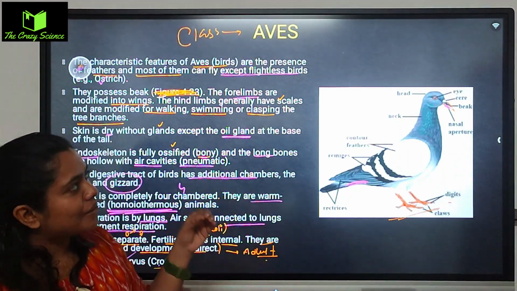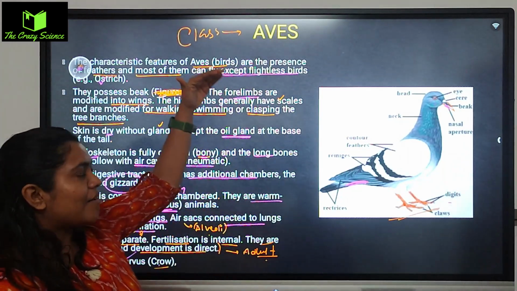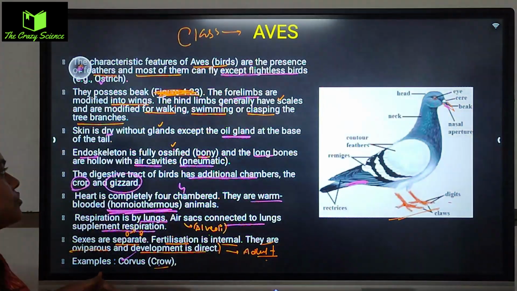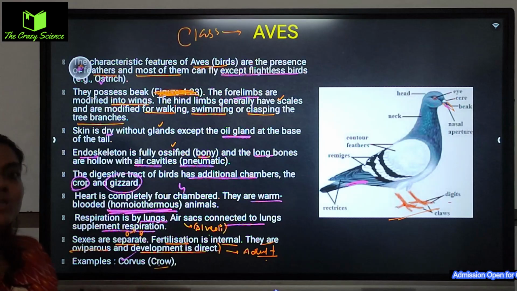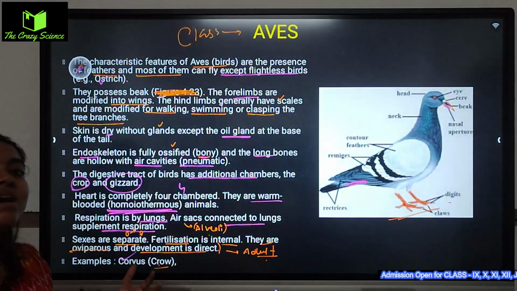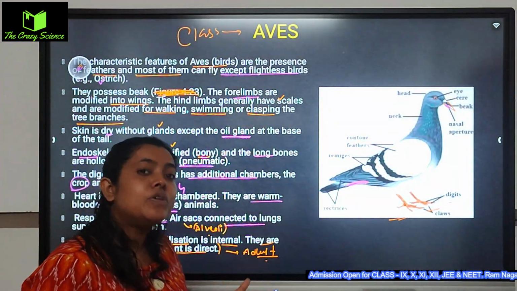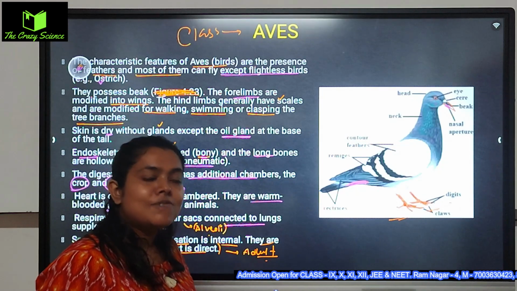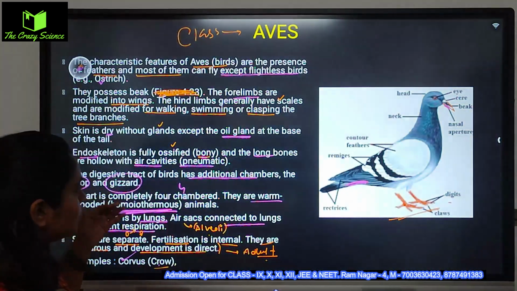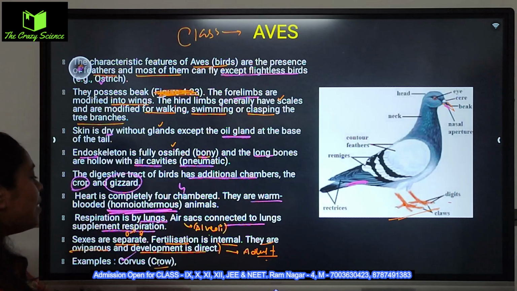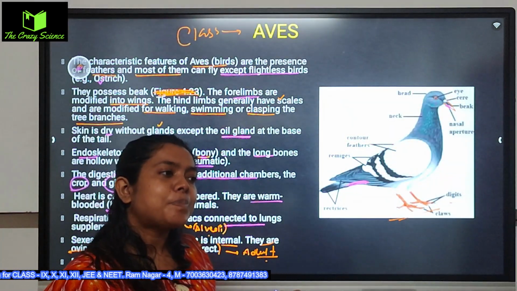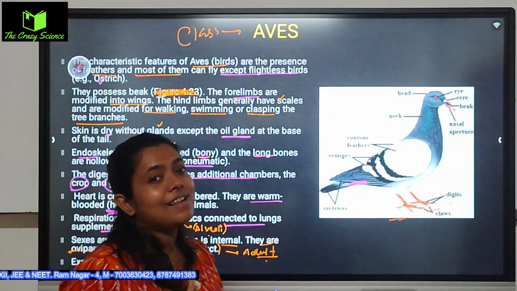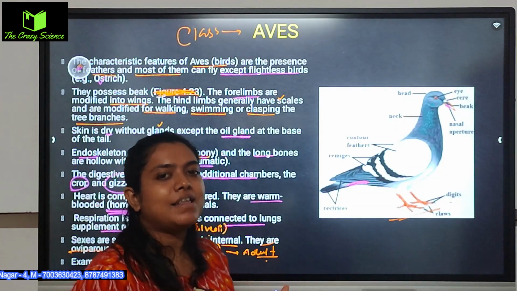You can understand that they all have these kinds of salient features in their body: air cavities (pneumatic bones) and a bony structure with long bones to support their flying nature. These are present in their bodies. This is how they are completely advanced animals, more advanced than the amphibians and reptiles. Okay,